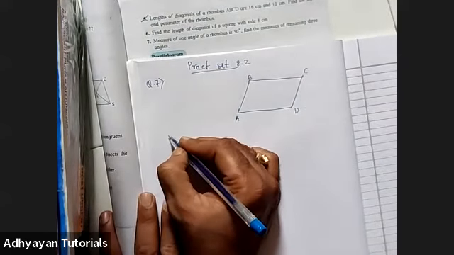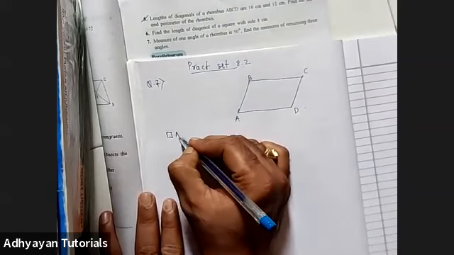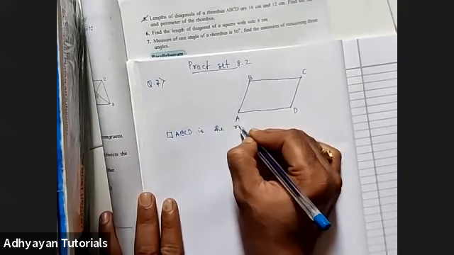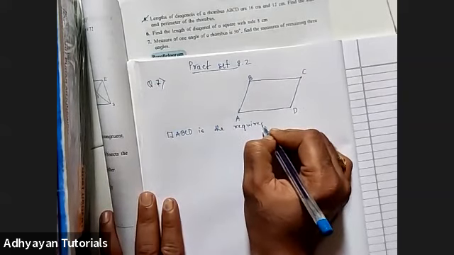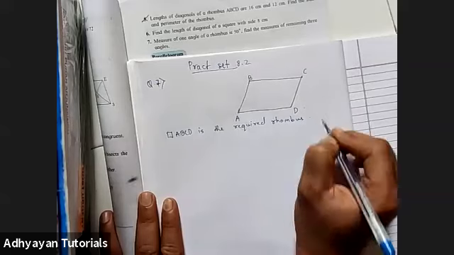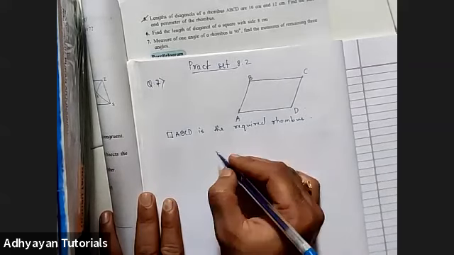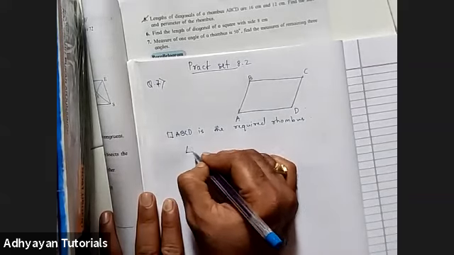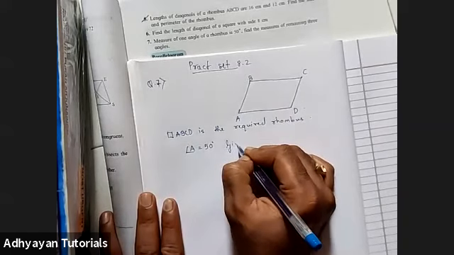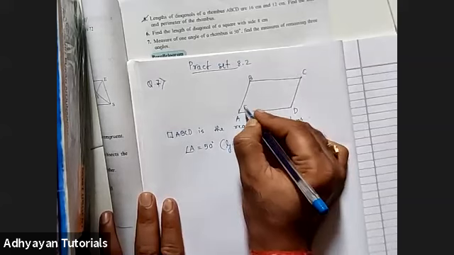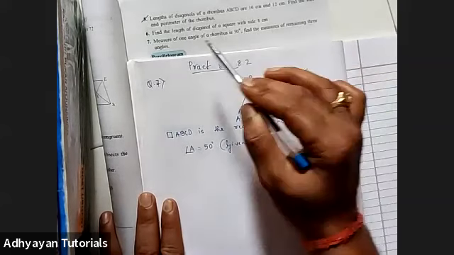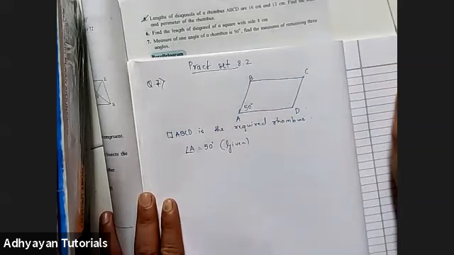So let's say I start my sum saying quadrilateral ABCD is the given required rhombus, right? And let's say angle A is given to us as 50 degrees. So angle A is 50 degrees. And children, we need to find the measure of the remaining three angles. So we all know